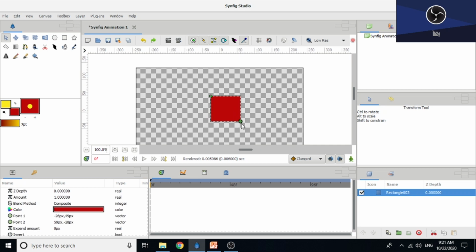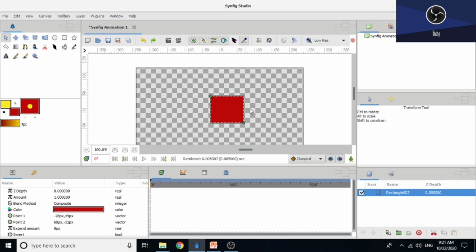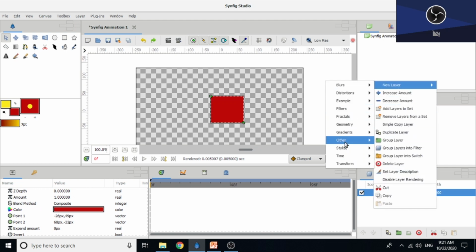When only a single duck is selected, at that time you can increase or decrease the size of the rectangle. Now if you want to rotate this rectangle, by default the angle duck is not given here. So just right click on the rectangle layer inside the layers panel, then select New Layer, Transform, and Rotate option.